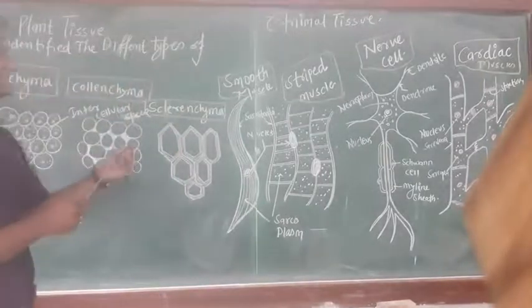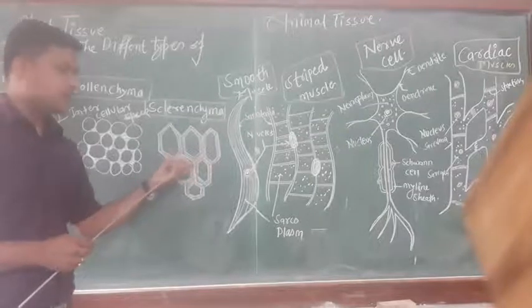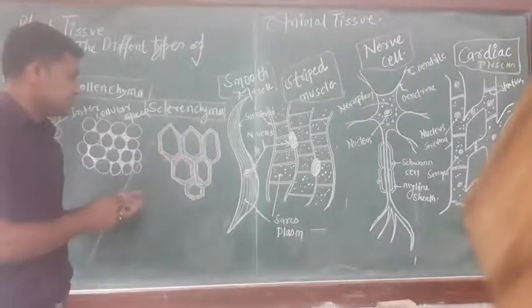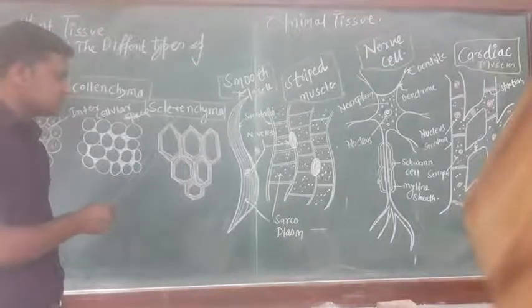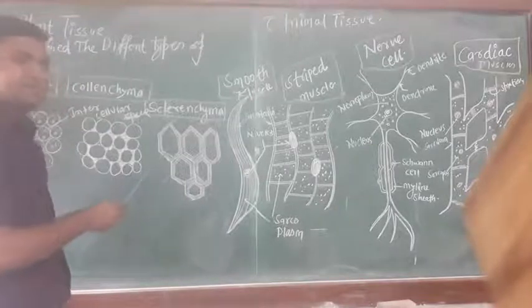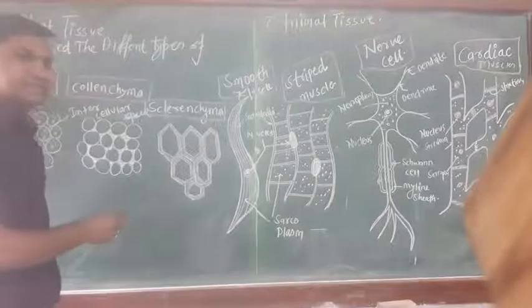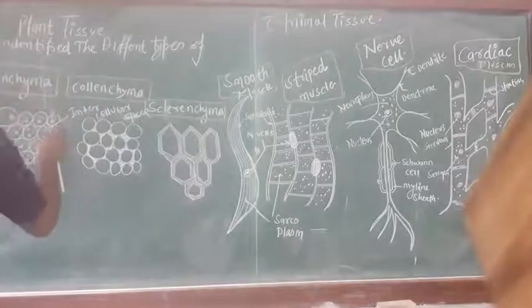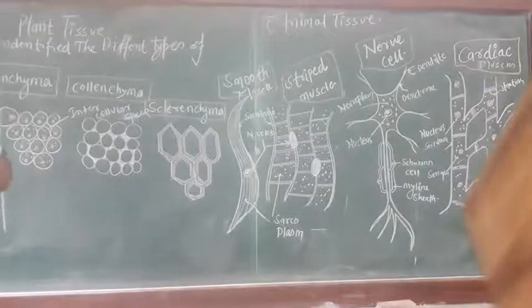The third one is sclerenchyma. Sclerenchyma is made of dead cells. It's hexagonal and the wall of sclerenchyma is thick because they provide mechanical support. Usually it may be hexagonal or it may be round in shape. It's a dead cell. So on the plant side we have three types of tissue: